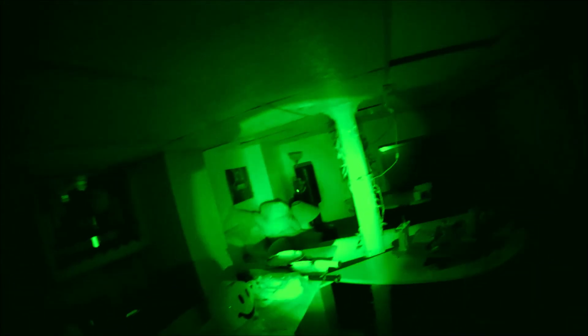Now this is with a normal flashlight, and as you can see, it didn't even change the color of the objects that much. Now the next one is with the separate IR flashlight on my gun. As you can tell, it is a much wider and brighter view through the camera lens, so I definitely would prefer that. And then this is with the IR laser on. You can see the little white dot, and then now in combination with the IR flashlight, now with a little bit of editing,